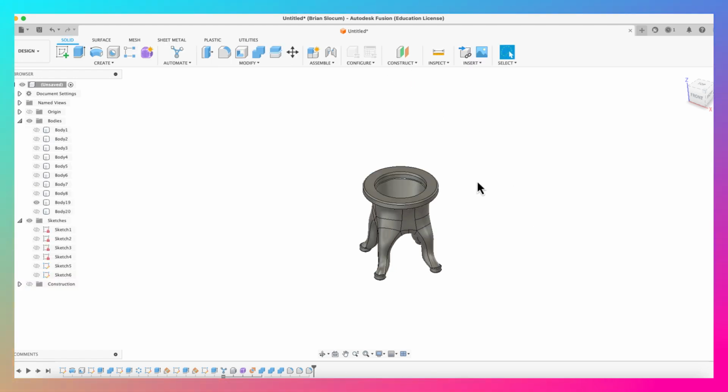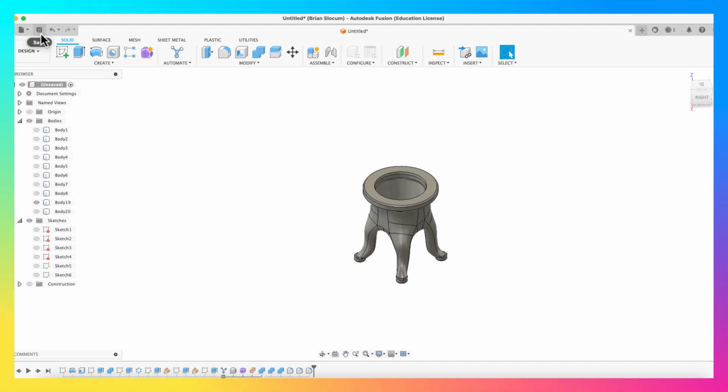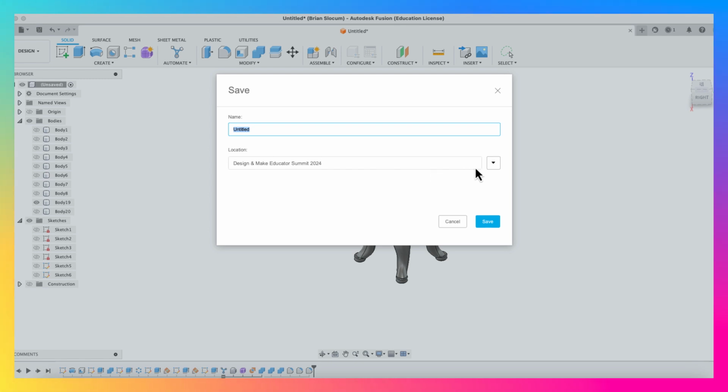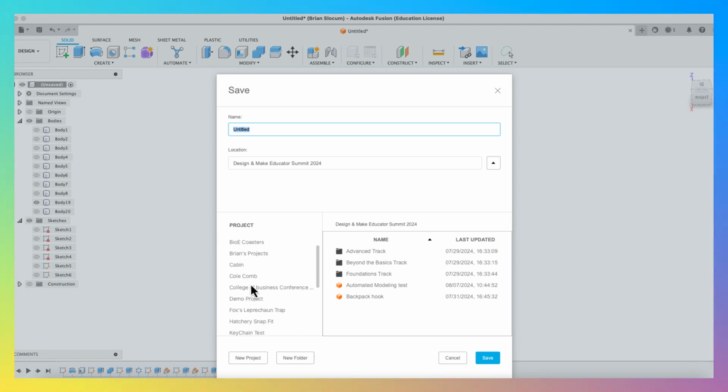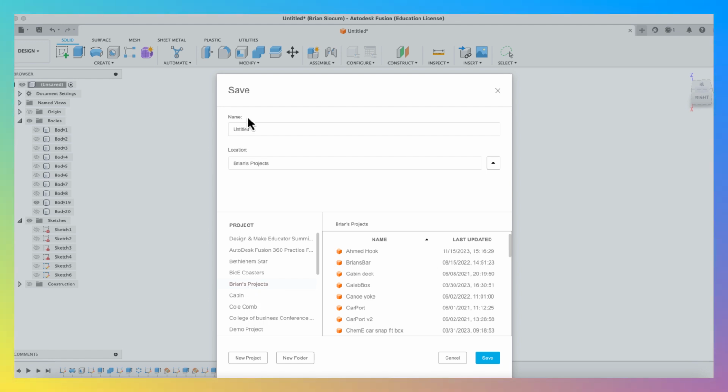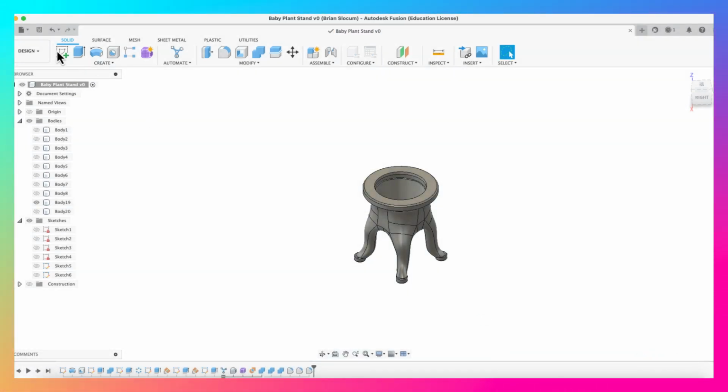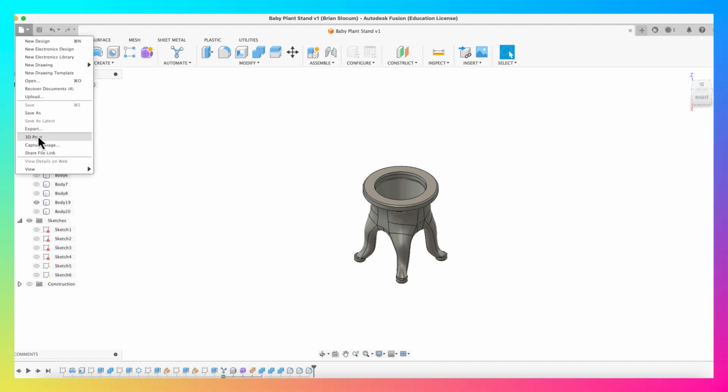All right, so that's it. That's the project. Once you have that, we're going to save it. So I should have saved this a while ago, but we'll save here. Don't want it there. And save. All right, once it's saved, I can go File, 3D Print,